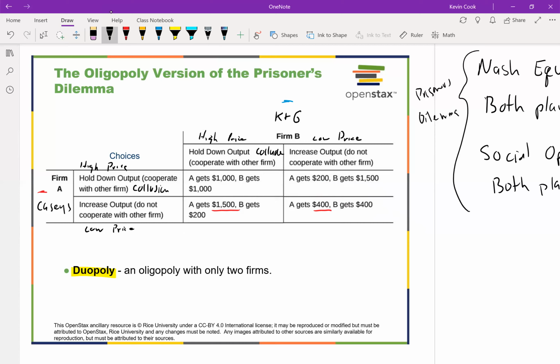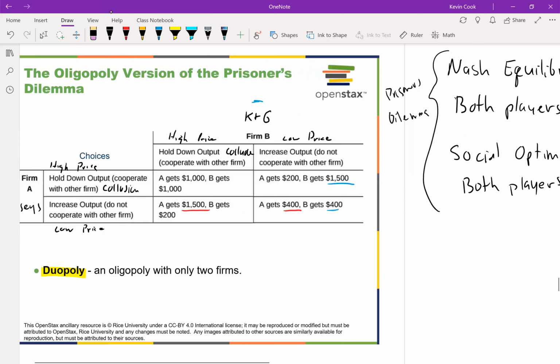Then Come and Go will look and they'll do the same thing. If they know that Casey's is going to charge a high price and cooperate with the collusion, they have a choice between 1,000 or 1,500, in which case they'll take 1,500. And in this last one, they have a choice of 200 or 400, in which case they'll pick 400. So we have our payouts. And again, if we look at